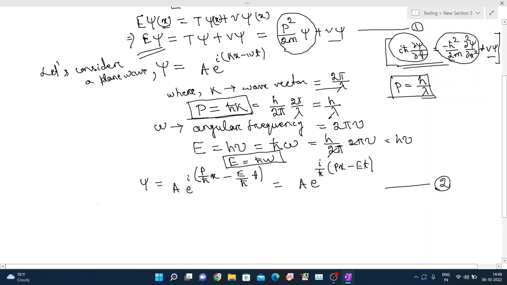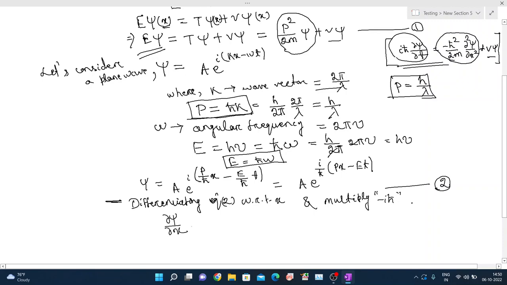So now, differentiate equation number 2 with respect to x and then multiply with minus i h cross. So we have to write here that differentiating psi, which is equation 2, with respect to x, and multiply minus i h cross. Okay, now del psi over del x is equal to